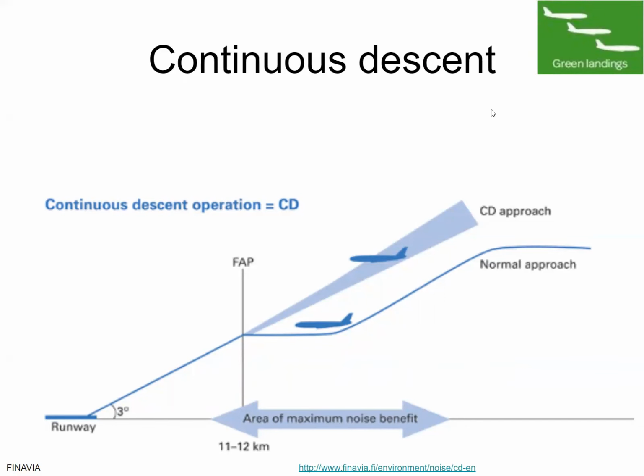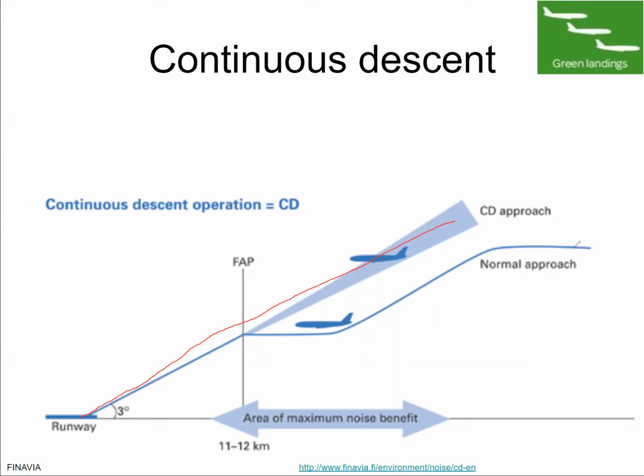And again, I know that Eulalia mentioned that the idea is that you would glide with idle thrust or whatever that is, with minimum thrust, instead of doing this nominal approach, and then you will be higher than the usual stepwise approach. So you will decrease the noise, and you will also decrease the